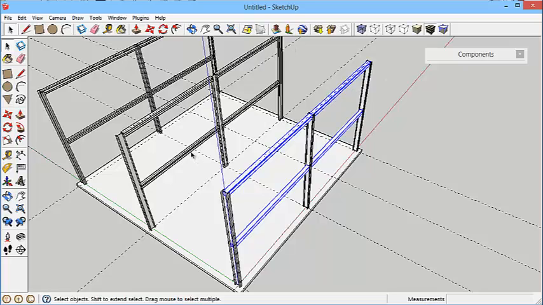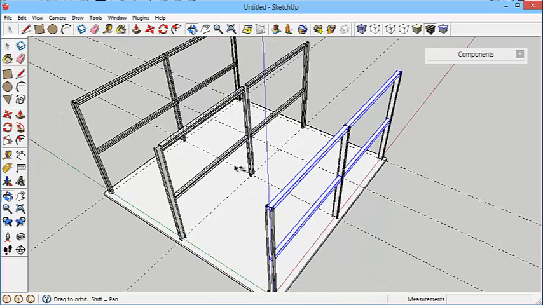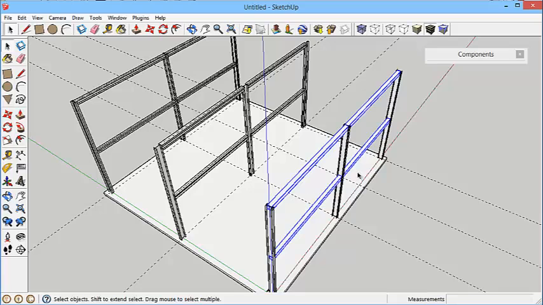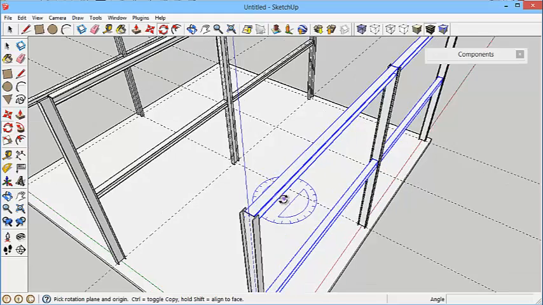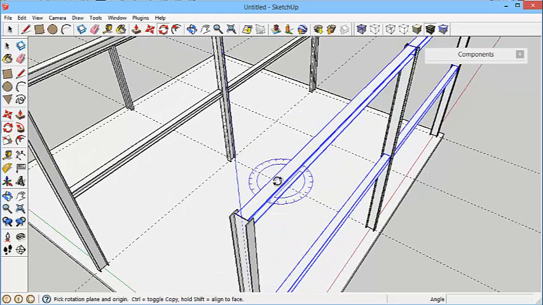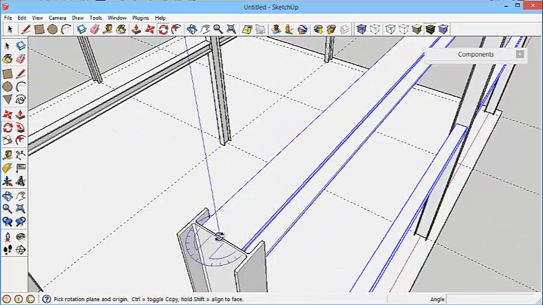Now we're nearly done. Next stage is into layout. Okay, so by selecting these 4 and then using the rotate tool, I'm making sure I hover over this flat top and press my shift key to lock out that plane, otherwise the rotate tool will rotate itself to any face that you care to offer it over. So find a nice flat face, press the shift key to lock out the rotation, then we'll move into the midpoint